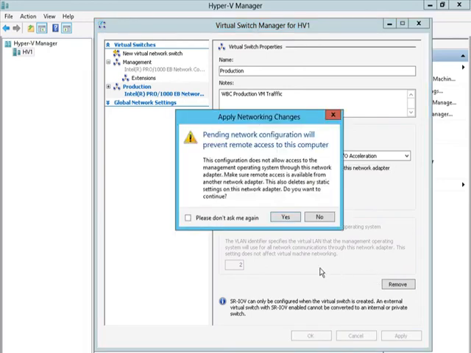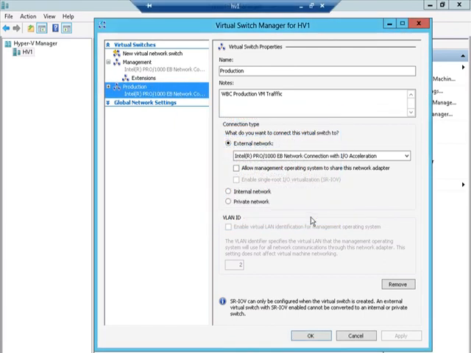And now it gives us a warning that the pending network configuration could prevent remote access to this host. Currently, we are connected to this host through remote desktop, so there may be a temporary interruption here. I'll say yes. All right, and with the changes applied, let's go ahead and create